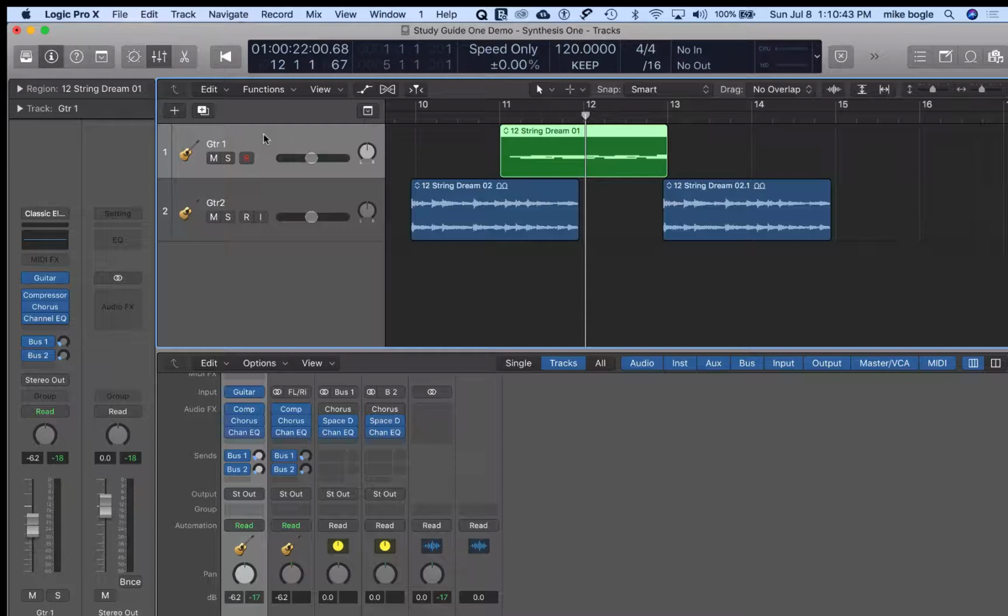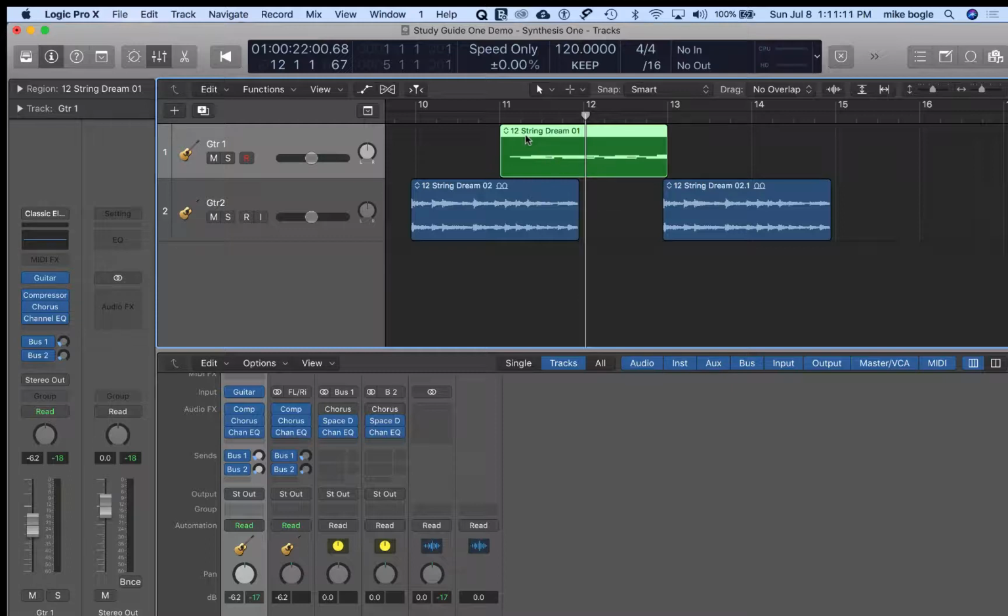Use the following steps to export your mix. Adjust the project's length, deselect all regions, and turn off cycle mode. Choose File Bounce, or Command B, choose a name and destination, and click Bounce. So, assuming that we're finished with this, which obviously we're nowhere near finished with, it's just for demonstration purposes. But assuming we were,